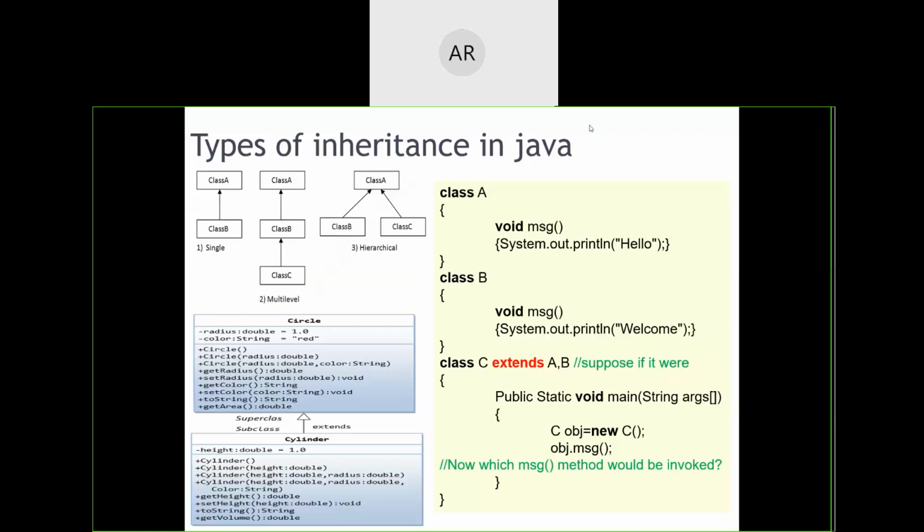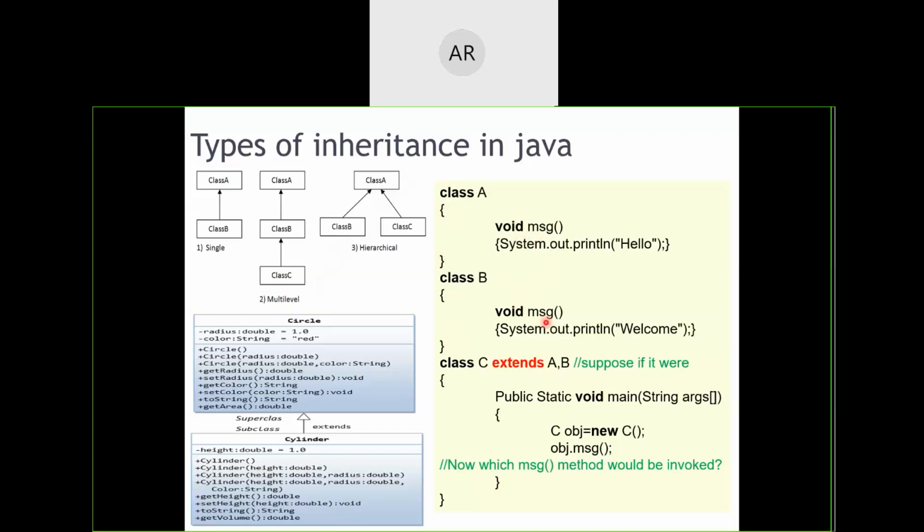There was one more problem with that. Let me show you with this particular example that I have kept here. What was the main problem for multiple inheritance? Suppose there is class A with a method called message. There is another class B with the same method name, message. These are two separate classes, right? So I can have two methods with the same name.